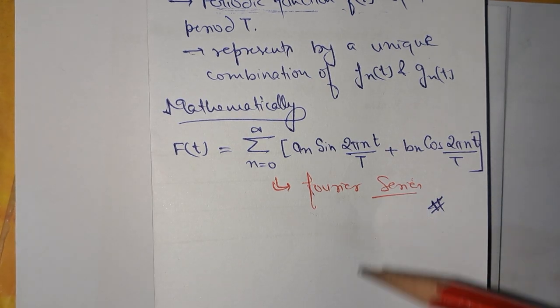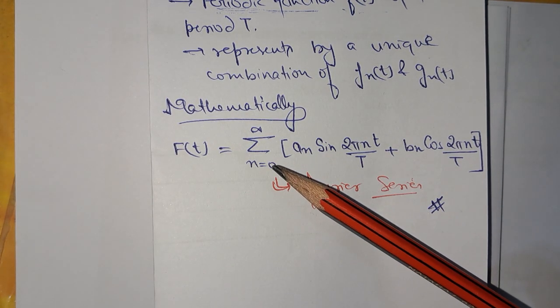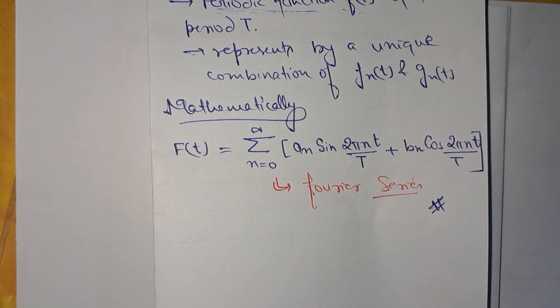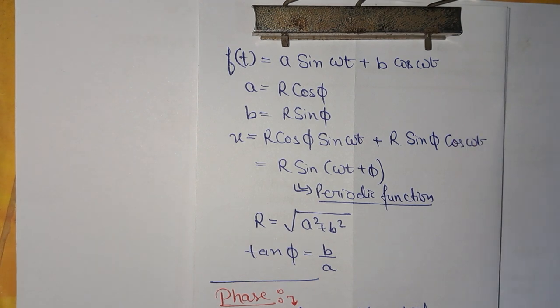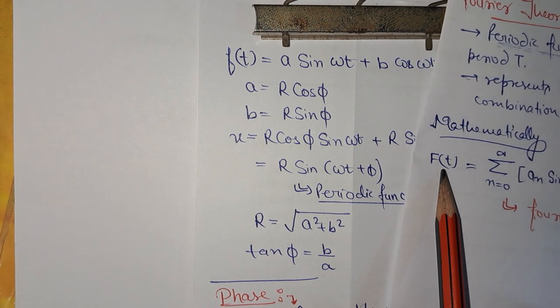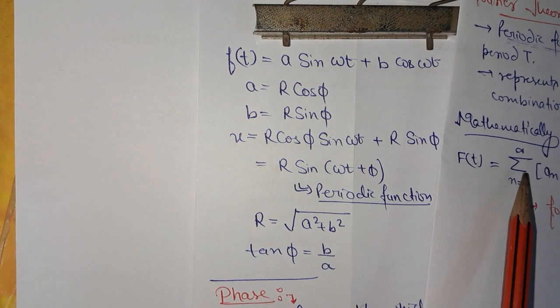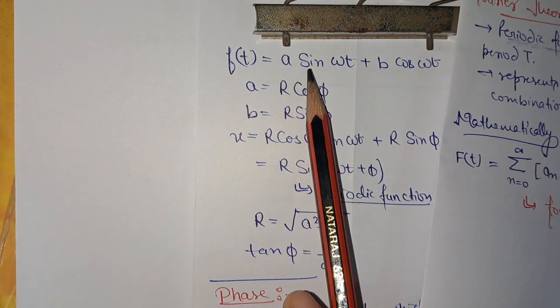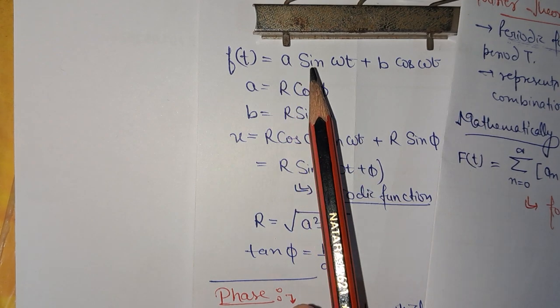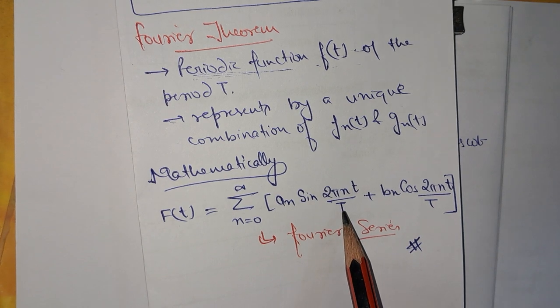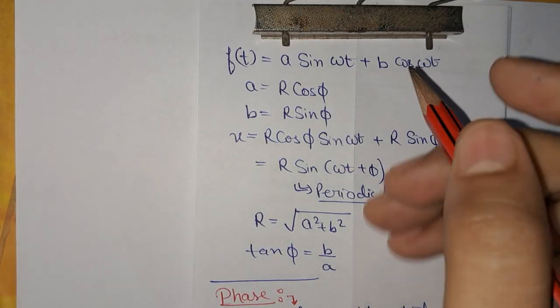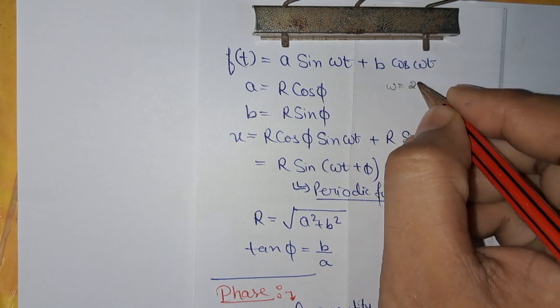So in our last video we discussed the Fourier series, which expresses complex functions in terms of two or more simple functions as an addition. Proceeding after that, we will now discuss the same thing. Taking the simplest form, f(t) is equal to a sin omega t. What is this omega here? You can see that it is 2 pi by T. So omega is equal to 2 pi by T here,